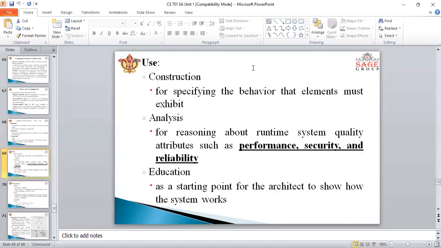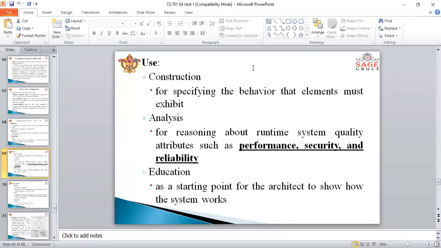And use, that means in the section of use, construction for specifying the behavior that an element must exhibit, and analysis for reasoning about runtime system quality attributes such as performance, quality, reliability. So this is the analysis having these things.